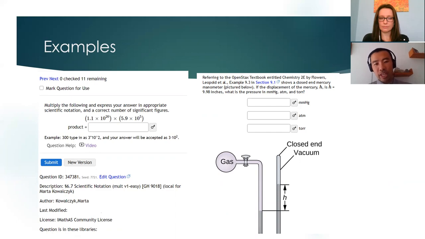The second question on the right, we use an OER textbook, Chemistry 2E. And here in blue, we would ask students to click on the particular section, 9.1. So they would actually read that section beforehand to help them answer the question. So if you have a particular area you want to highlight in your class through the textbook, you can send them through there before answering the question.